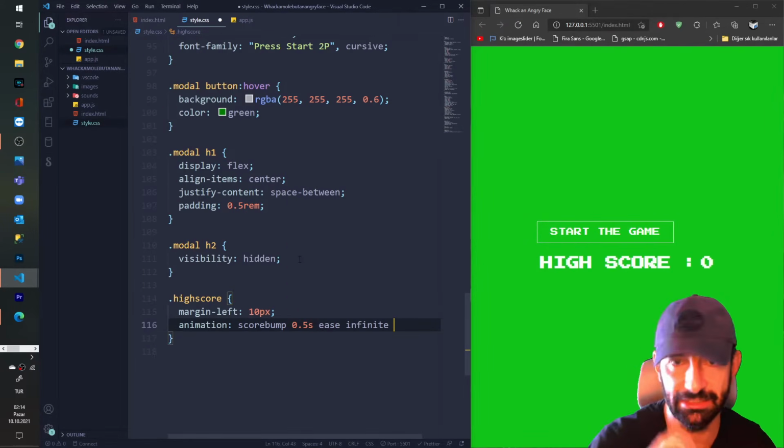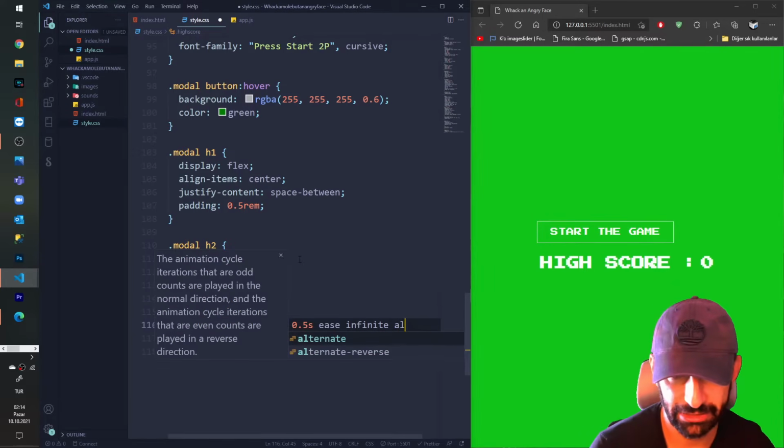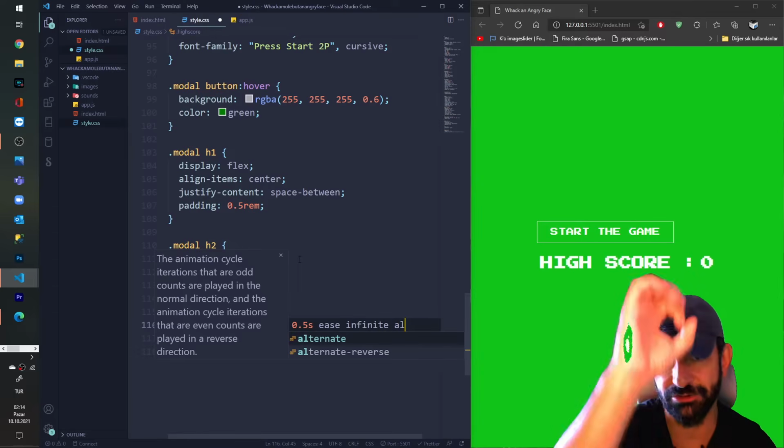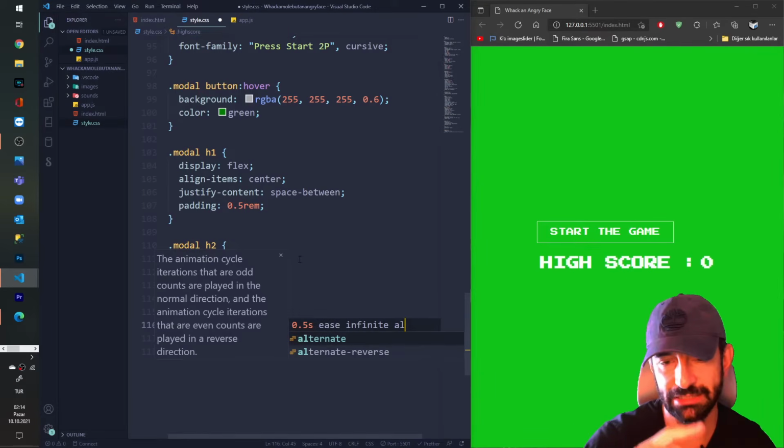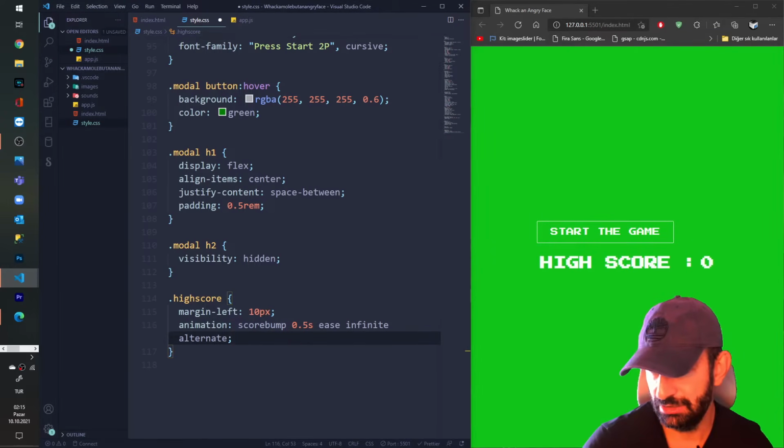I'm going to put it inside the loop and alternate. As soon as we finish the animation, it reverses to exactly the opposite side and goes down again. So face down, face up, score bump.